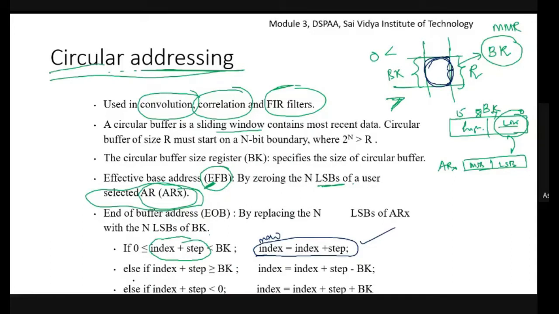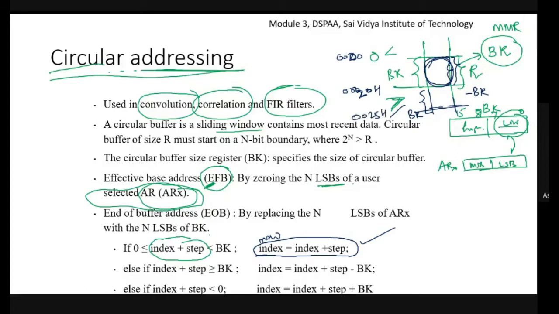Second case, else if index plus step is greater than or equal to BK size. Greater than or equal to BK means this range. If it is greater than or equal to the circular buffer size register, then to come to this range, we subtract the BK size register value. Say for example, this is 20H and this is 00H. Say I have a new index 0025 hexadecimal.